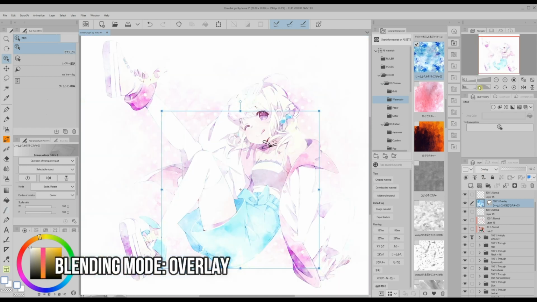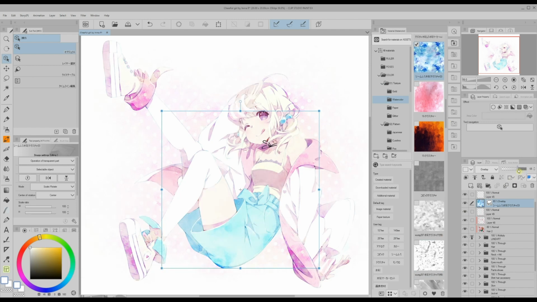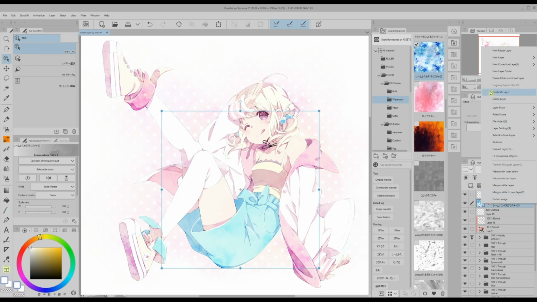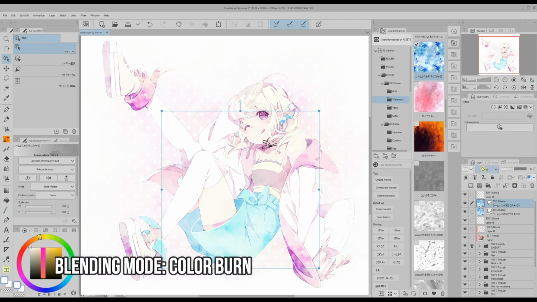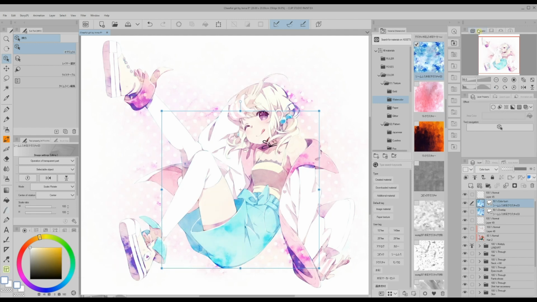I change the blending mode of the layer to Overlay, and then I lower the opacity until I like the result. Because this layer made my illustration too bright, I'm going to duplicate it and set the new layer's blending mode to Color Burn. There are some darker parts now, but I don't like the effect much, so I lower the opacity of both